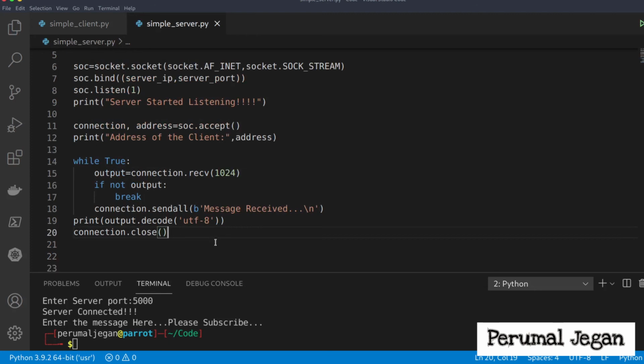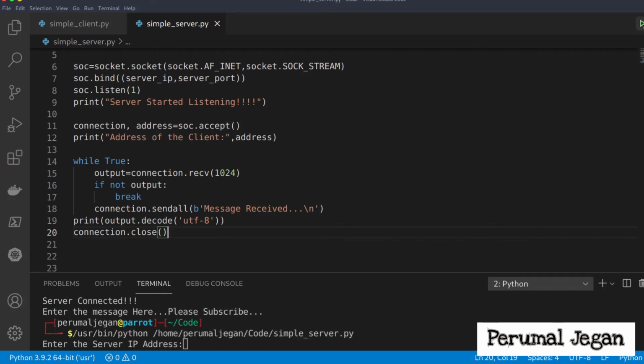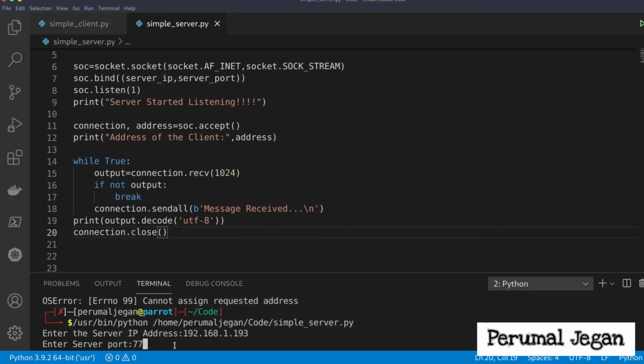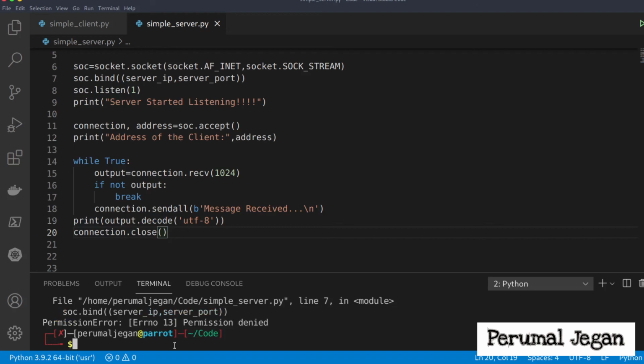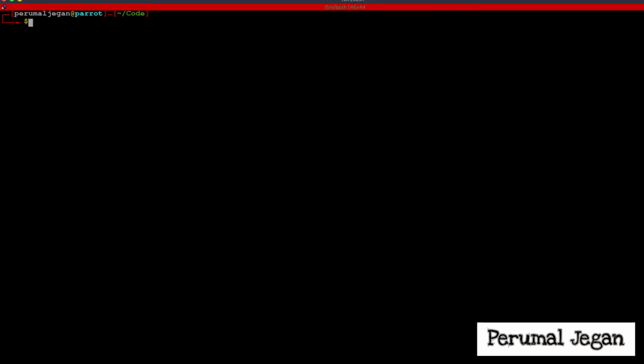It is time to execute this program and enable our server. First let's enable the server, then we will give the request from the client. To do that, I am simply clicking the triangular mark here. Now it is fine. Permission denied. Since we got the permission denied message, I need to execute the program from the console. I need to use sudo. So this is the folder where I kept my programs.